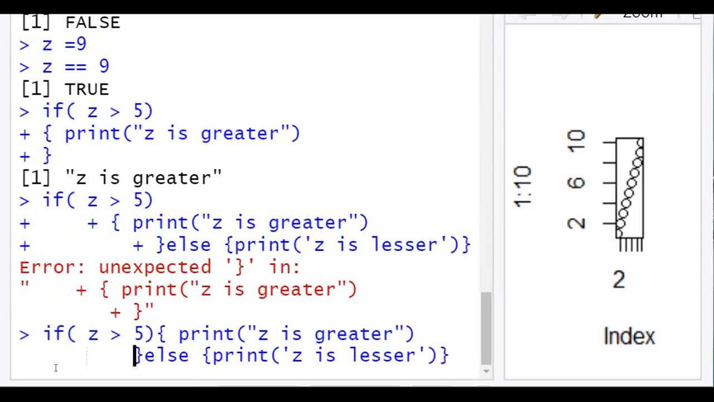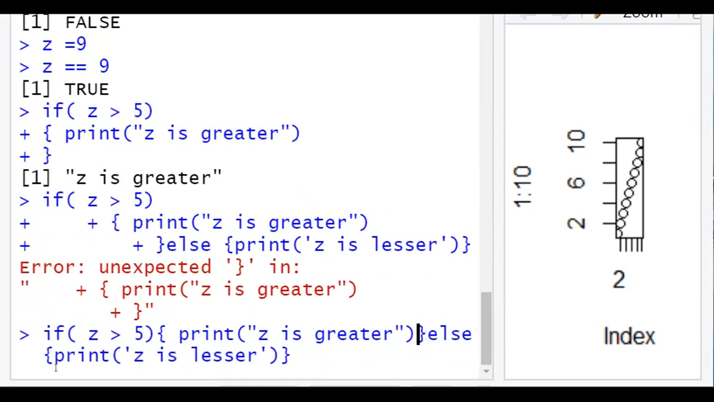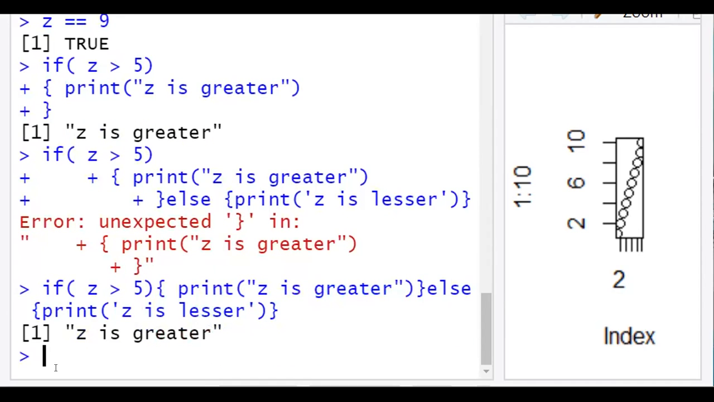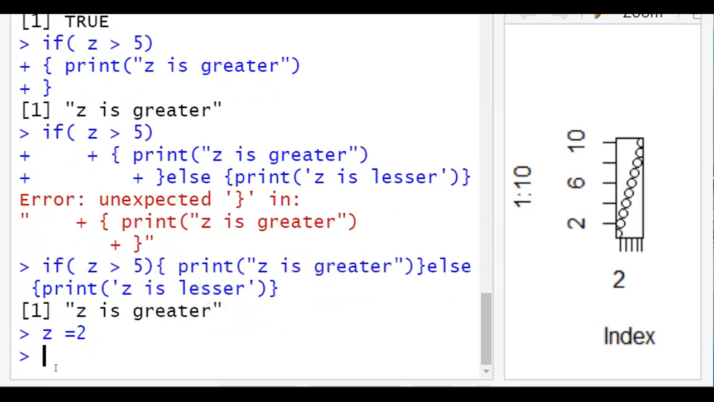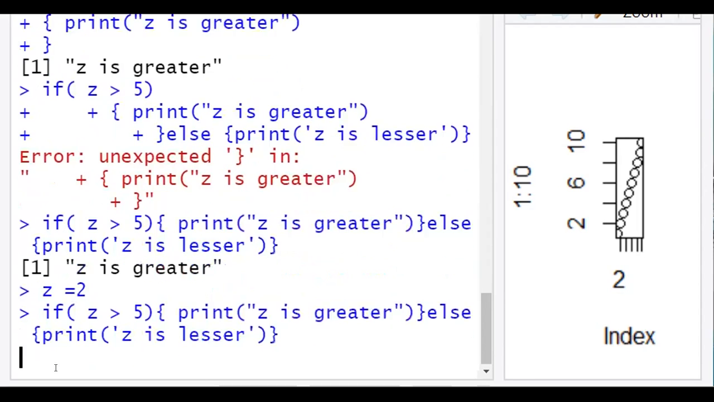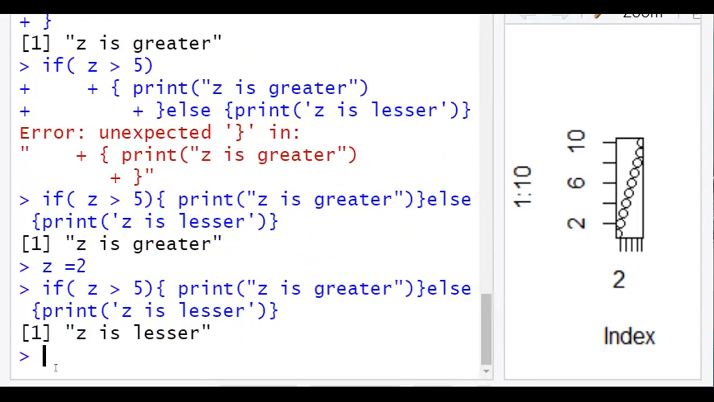So this is taking the plus operator also. So it is printing Z is greater. So let us assign Z is equal to some smaller value, Z is equal to 2. Now again we shall run. So it is printing Z is lesser. So just like this, we are running the